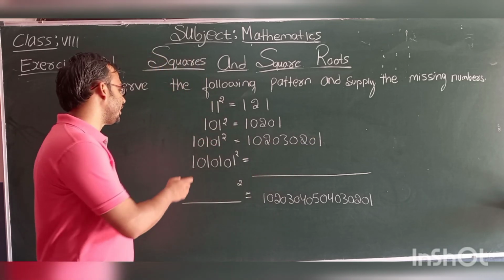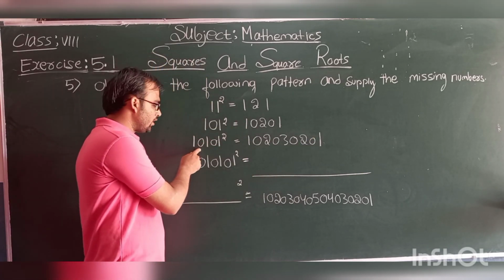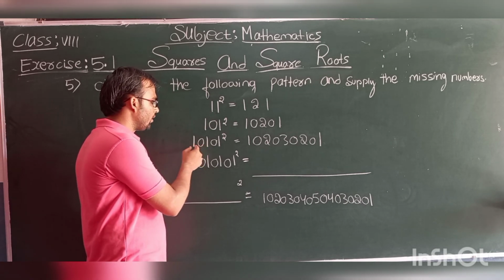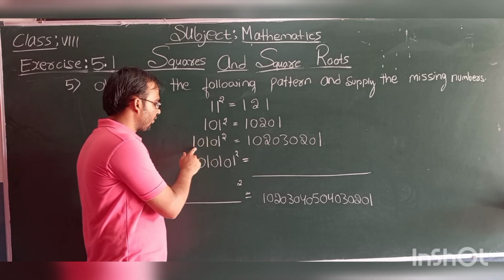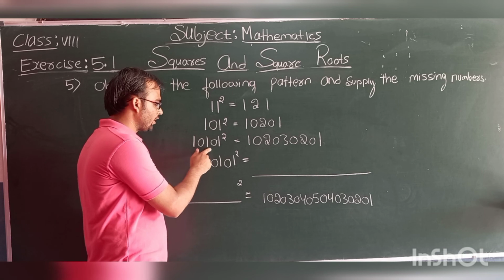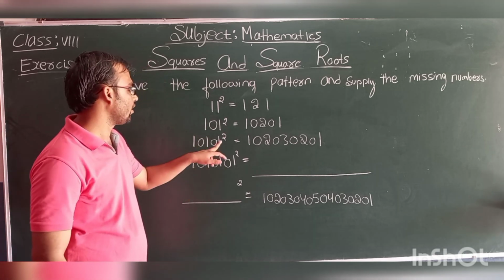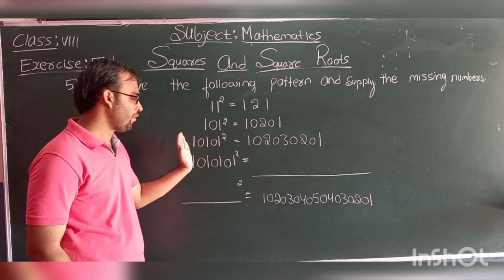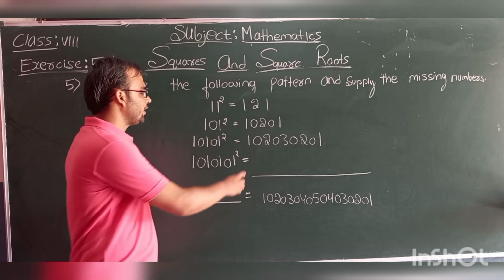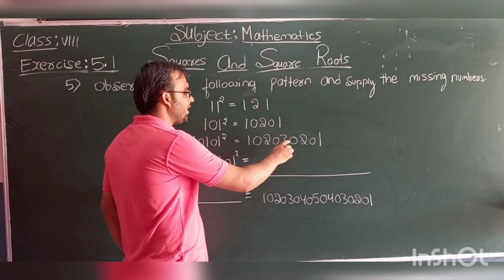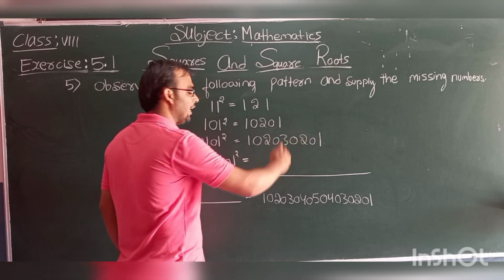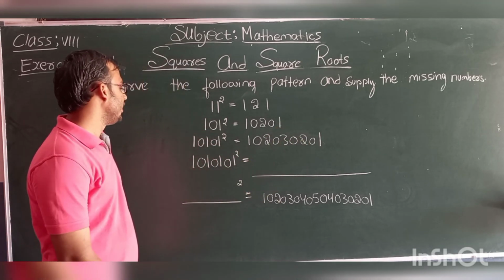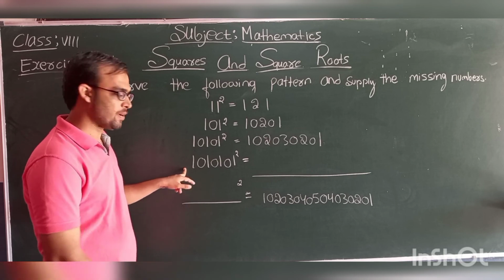And one more thing, look at here, there will be 0 after 1 for the first two ones, that is after this there will be 0 and after this one there will be 0. But not after the last digit. As there is 0 after 1, here they have written 0 after each and every digit except the last one. So here we'll follow this pattern.